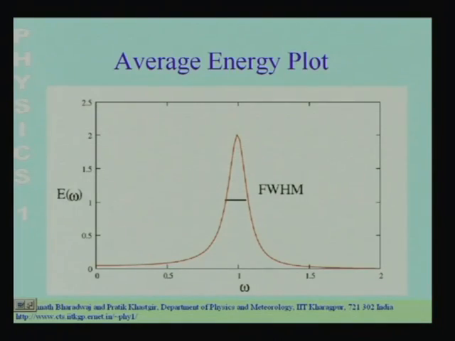Now, if you want a filter which will allow only a very narrow band of frequencies to pass through, the circuit which you have should respond only to a very narrow range of frequencies and reject everything else. So basically you would like to have a situation where this curve is very narrow. You should then choose a very small value of damping,